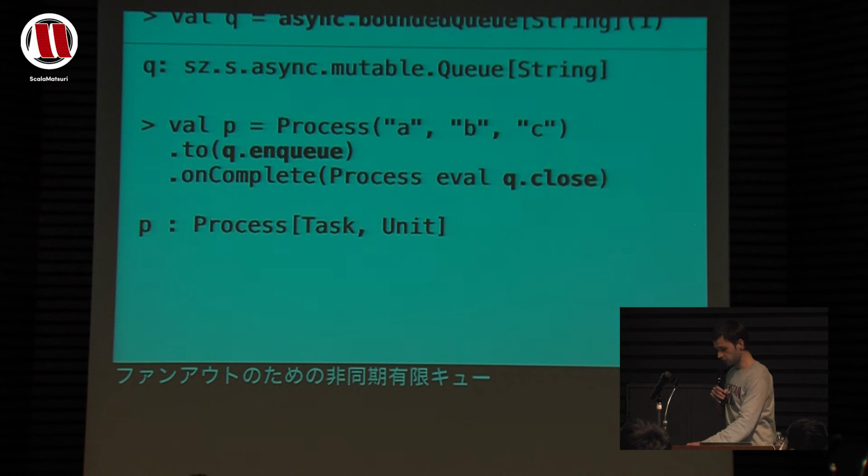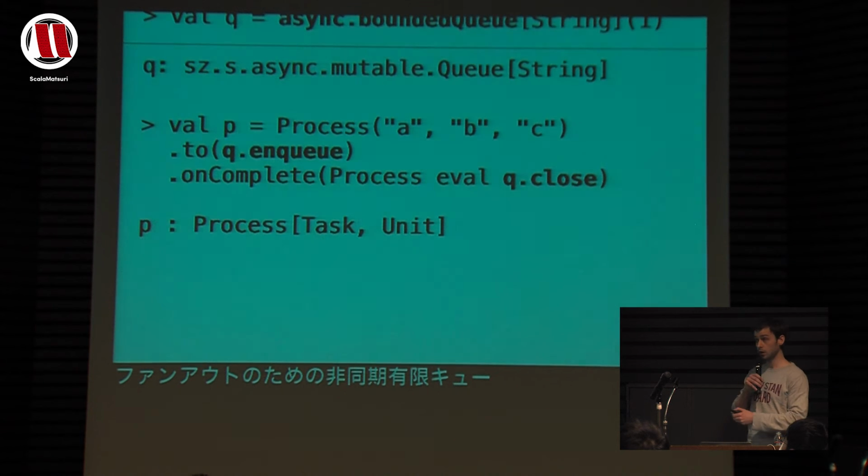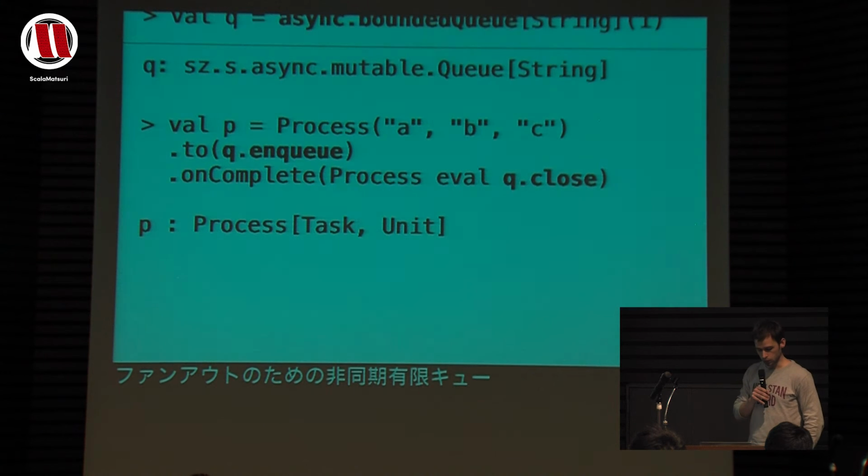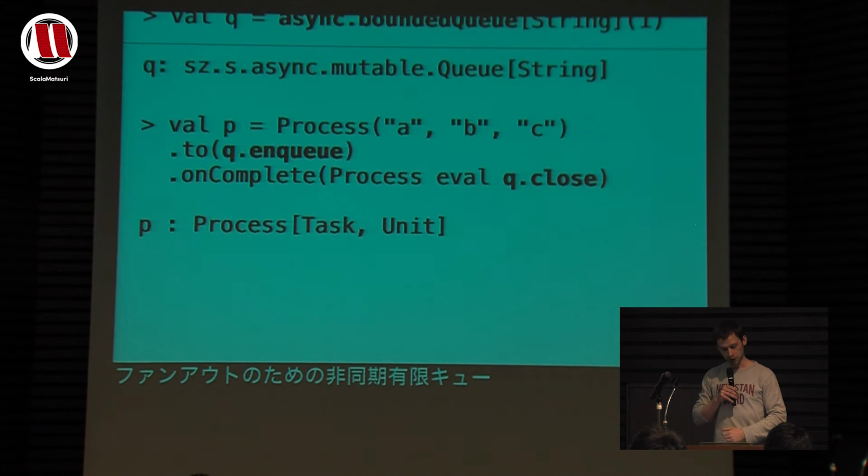It's difficult to see, but the string on the top is actually the queue size. So in here I set up a bounded queue of size 1. So there's only ever one element in this queue. Why would you do that? It's in order to avoid running out of memory. Of course, in a real world example, using a size 1 is probably not what you want, but it's okay